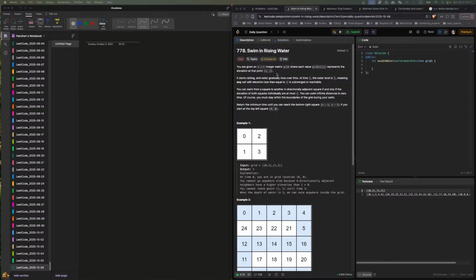You're given an n by n integer matrix grid where each value represents the elevation at a point. It starts raining and the water gradually rises over time. At time t, the water level is t, meaning any cell with elevation less than or equal to t is submerged or